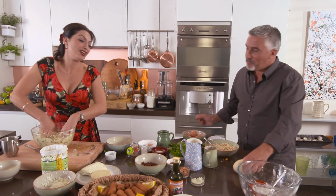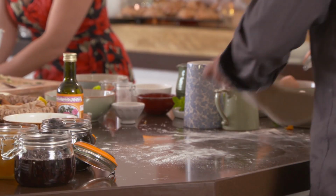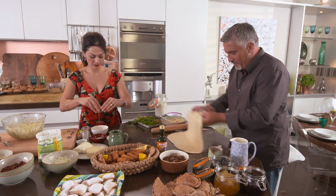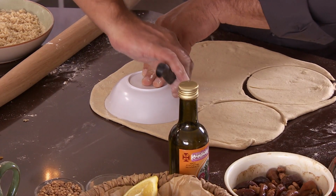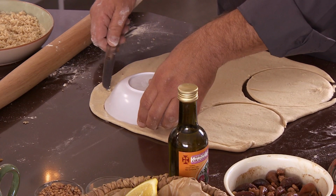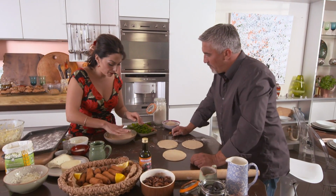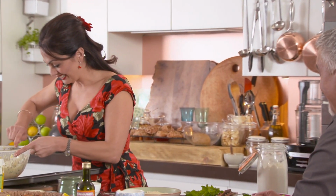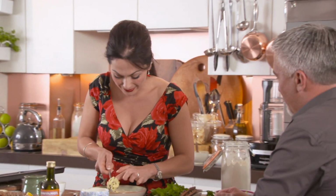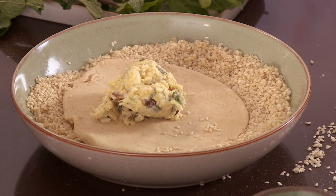That's it. What I'd really like you to do is to roll out the dough, please. Roll out the dough fairly thinly, but not so thin it won't hold the filling. Then, cut out circles. Tonya's little bowl is perfect as a guide. What I'm going to do now is press them into the dampened sesame seed. And then to that, you're going to add a tablespoon of the flauna mixture, just like that. Yeah. Then you're just going to...